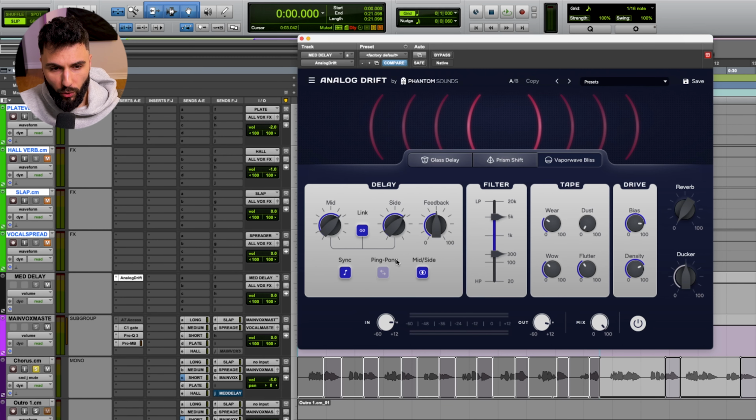Hopefully you can hear how that initial echo, like I said, is pretty much focused in the center, but then as the repeats continue, it's sort of spreading across the stereo field and creating this more expansive, wider, immersive type of experience. Now, if you really want to get creative here, you can actually use different patterns for the mid and side channels. So if I take off the link, for example, and then increase the side here to